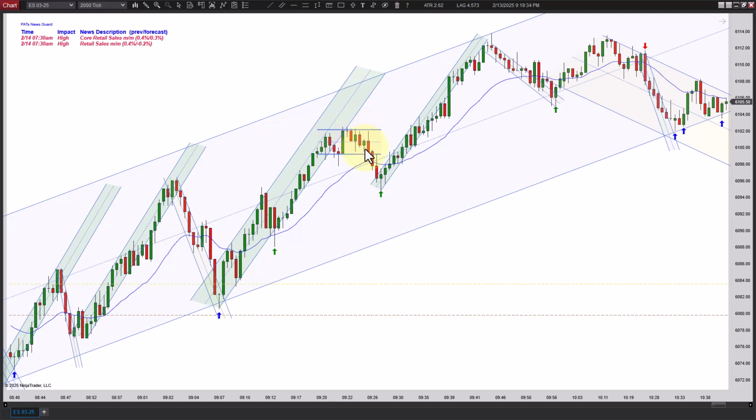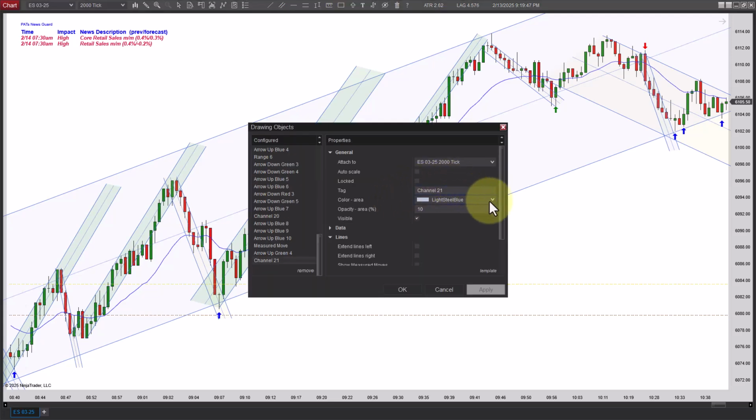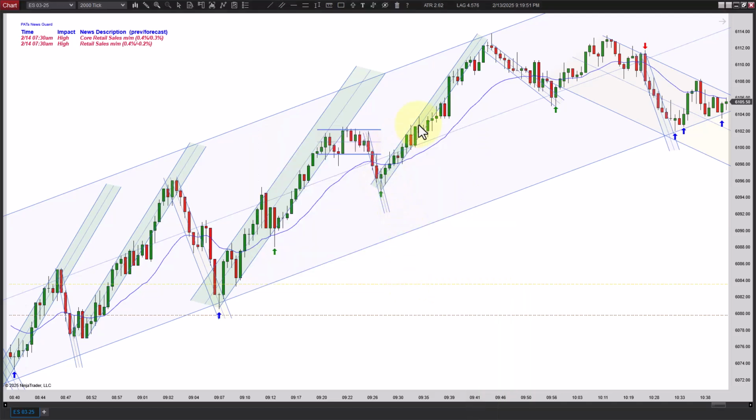Does that really look like a leg down? Not as much as that does. And if you draw your micro channel here, you do get a close outside and a new low, but it's all in one bar. So there's reasons to consider that. Maybe you take that again. It's better to wait on the higher low, and we don't get one.